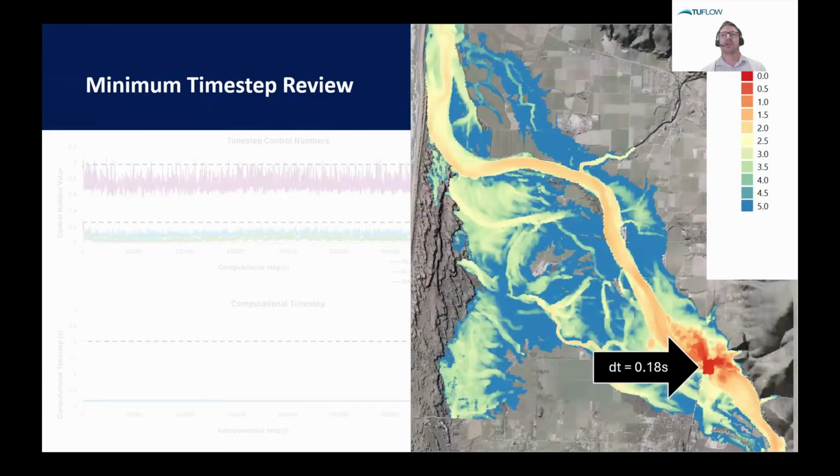So I've turned on my time step output and I'm looking at it here now, and I've colored the output from red through blue, with the smallest value being red and the highest value being blue. By then zooming in and inspecting the area that's red, I can find the location which is defining what the time step has to be for the entire model. So one time step is used for the whole model. It's that red area there that has a DT of 0.18 seconds that's defining what had to work for the entire simulation.